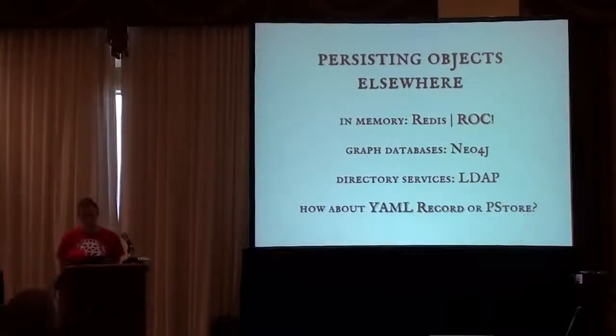But there are actually other things that are very underrated and can be used especially in your pet projects. YAML record is an active record-like library that lets you store things in objects in plain YAML files, which is very useful, especially if you do a lot of hectic development and you really need to look at the data very quickly. And pstore.